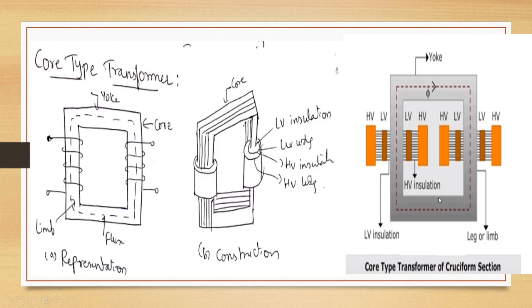Here in the figure, HV is representing high voltage, LV is representing low voltage, and both the windings are on the same limb. They are wound this way to avoid leakage flux. So cylindrical coils are used in the core type transformers. This is a core type transformer here. These coils are mechanically strong, and they are wound in helical layers. Different layers are insulated from each other by paper or cloth. The low voltage winding is placed near the core for ease of insulating it from the core, and the high voltage winding is placed after it.